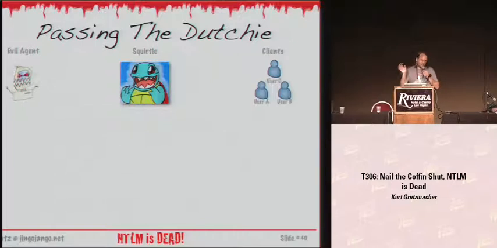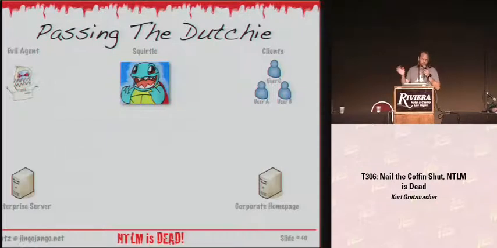We've got a bunch of clients, A, B, C. We've got a corporate homepage. And we've got an enterprise server. Now, everything's kind of set up here, so the evil agent wants to talk to the corporate server. The clients, when they open up the browser, they're going to go to the corporate homepage. So they're going to go, hey, I open my browser, I open IE. First thing they're going to do, load up